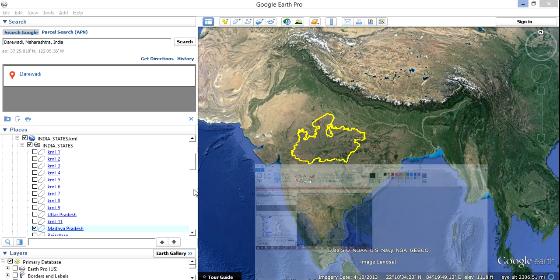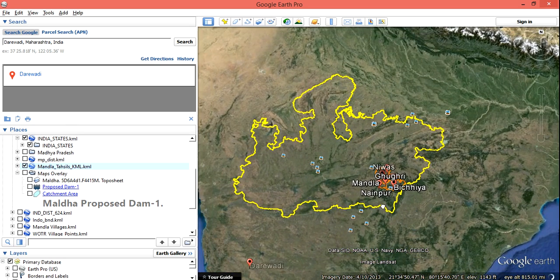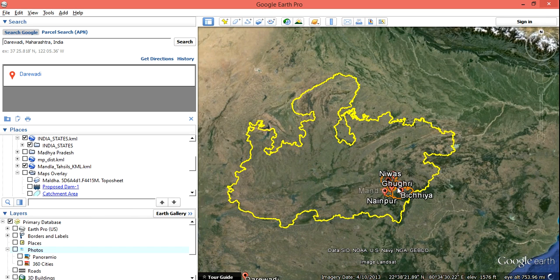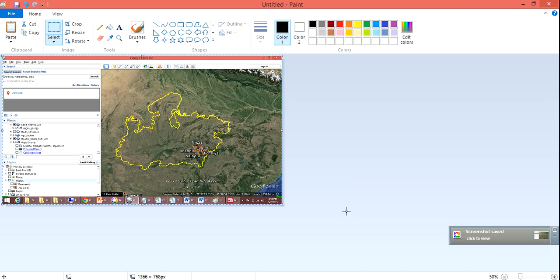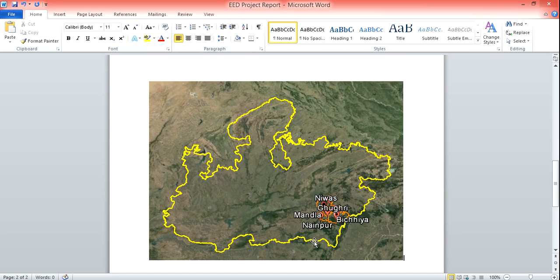Going a step ahead, you can get the Tehsil's boundary. Now if you want to highlight this place, you can again do a print screen, go to paint, do a Ctrl V. If you want this to be in your report, you can say Ctrl C again and Ctrl V. Pretty straightforward. You cut out all the extra things that you don't require. Going a step ahead,